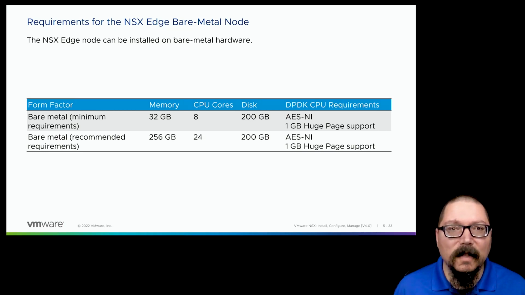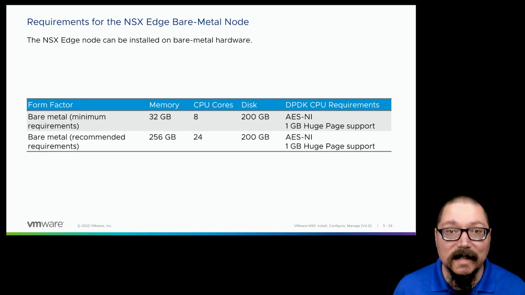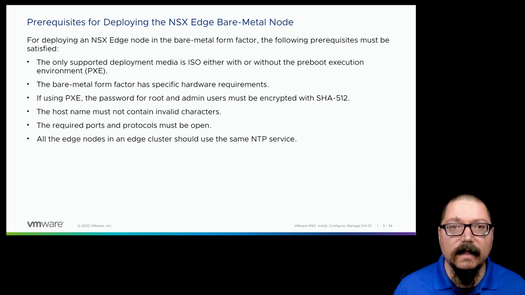But if we're driving to a bare metal edge, that probably means we have some pretty significant resource requirements, some pretty significant packet processing requirements that we're trying to meet. So having more compute resources to process those packets is always going to be a good thing. Now, in order to deploy a bare metal edge, I need to make sure that the hardware is on the compatibility guide, that the network adapter, very specifically, is on the compatibility guide,